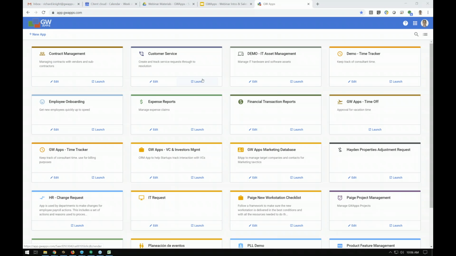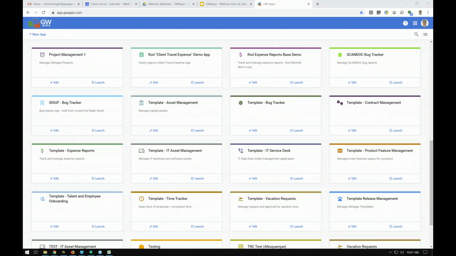We have pre-built templates that let you jumpstart by starting with an already working app. So things like contract management, customer service, asset management, employee onboarding, expense reports, financial transaction reporting, time tracker, IT service requests, things like that. Those are a good idea of the kinds of business process things that work really well